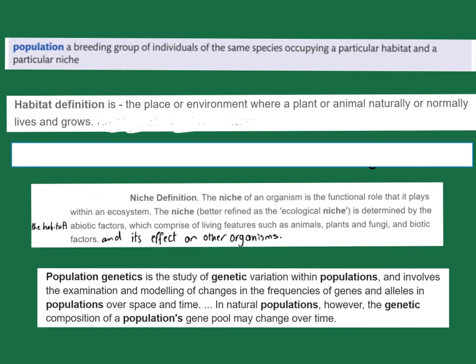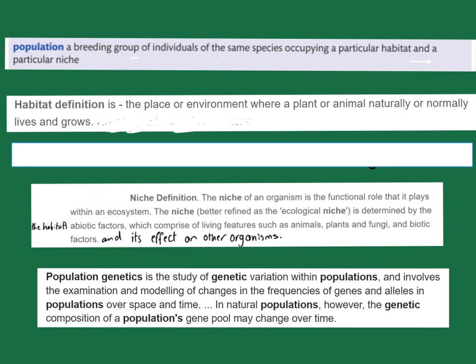Let's review some definitions. Population: a breeding group of individuals of the same species occupying a particular habitat and a particular niche. Habitat is a place or the environment where a plant or animal lives and grows. Niche of the organism is the functional role the organism plays within its ecosystem. The niche that we describe here, we call the ecological niche, which is determined by the habitat with its biotic or abiotic factors and comprises living organisms such as animals, plants, fungi, and other biotic factors, and its effect